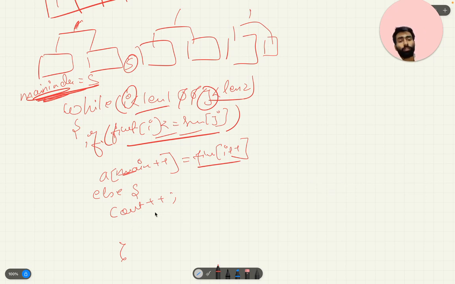So the count will be incremented each time by length minus i. What does it mean?